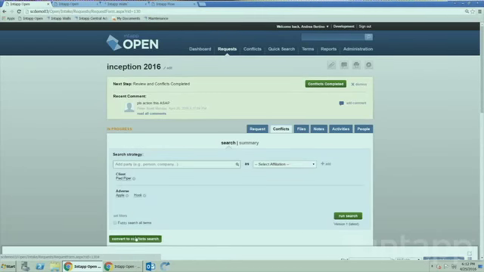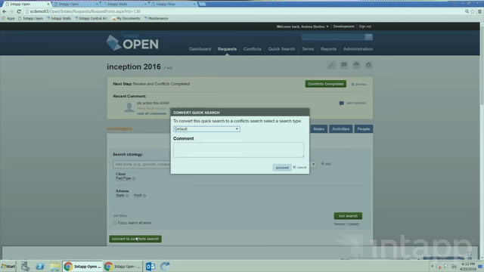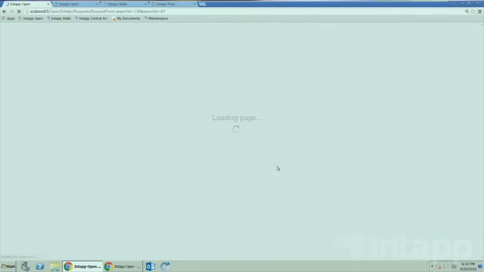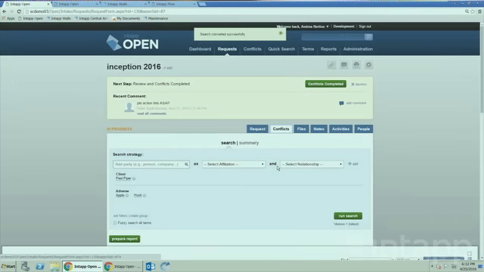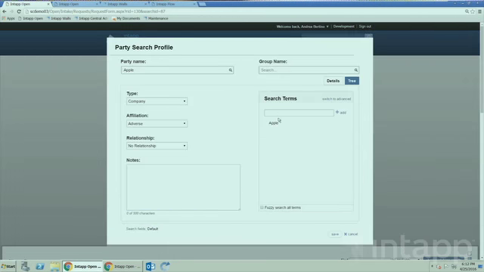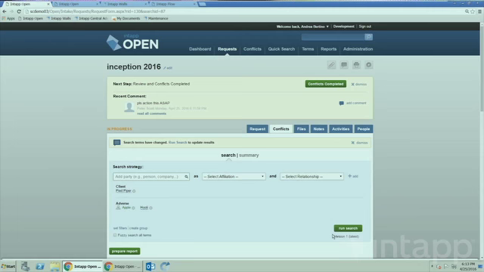And the first thing I'll do is convert that quick search that Peter submitted into a complete new business intake search. And we can see that my parties are underlined, indicating that there's a potential match in our database. This is important to me because it minimizes the potential duplicate data in our database, which has been a concern for us in the past before we had Open. So once I match that to the party that's already in the database,